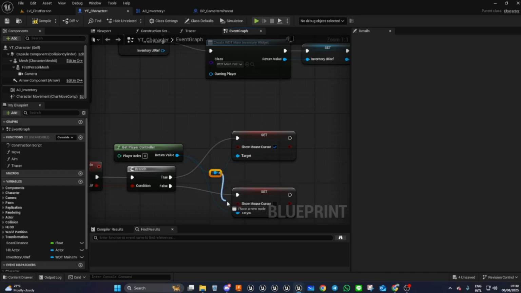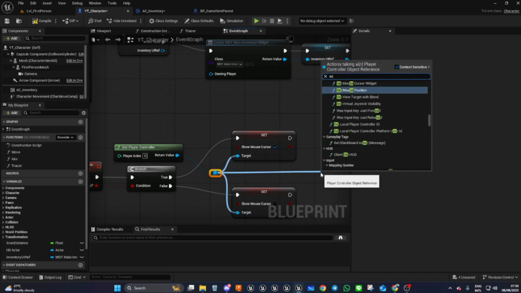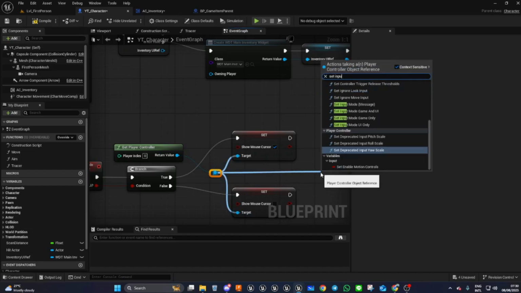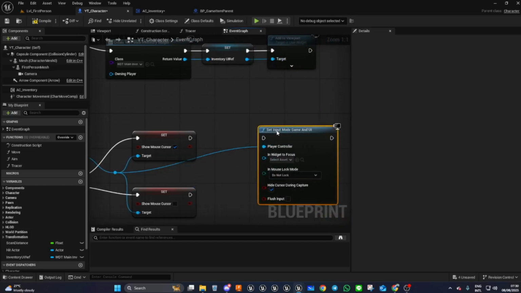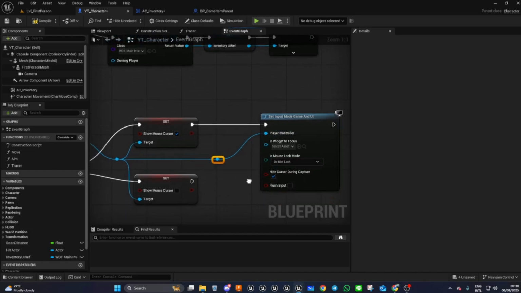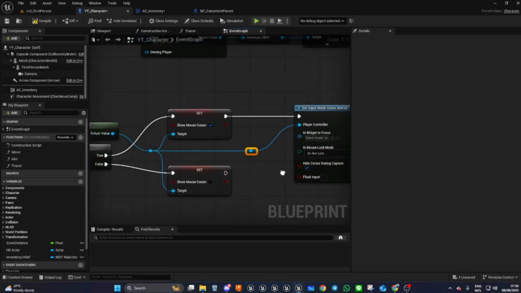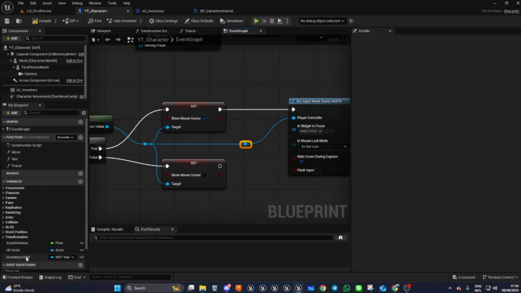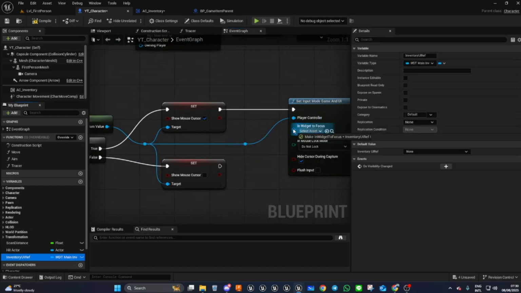Do it like this, because this makes it a bit neater. We can drag off of here again, and we can say set input mode to game and UI, so that we can still have a reference to when we click the tab key again for our toggle and our inventory. Okay, the widget in focus, we're going to add our UI inventory reference to,